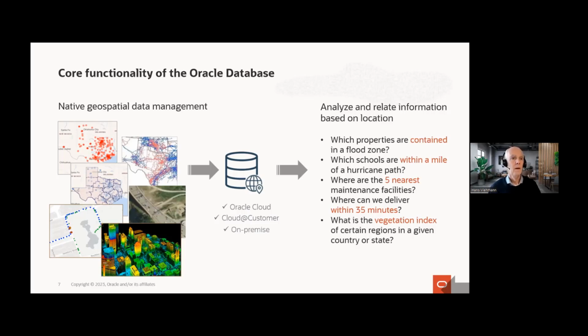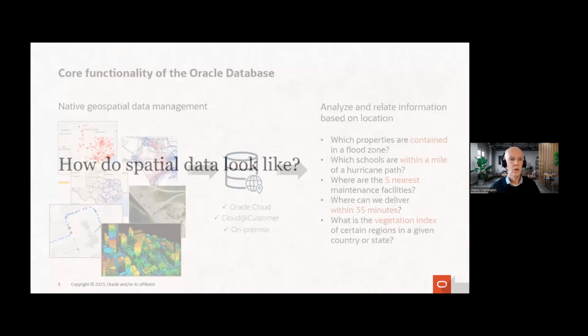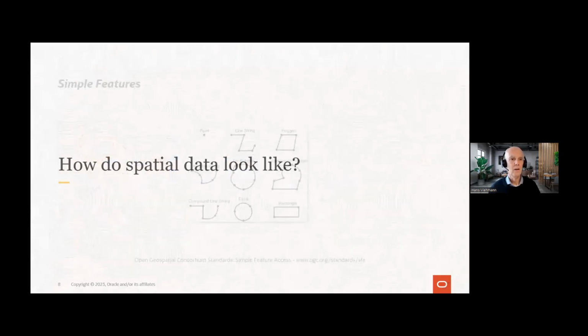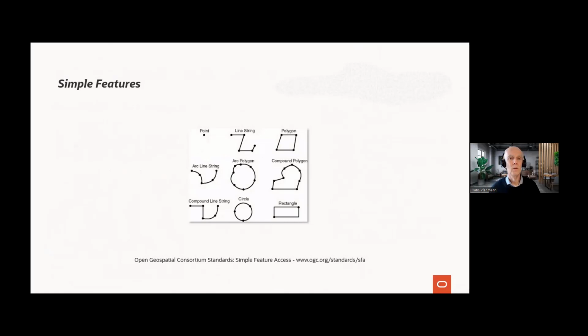Right, so that's what we can do with Oracle Spatial, but what does that kind of data look like? What kind of data do we typically have? Well, we'll be talking about what is known as simple features in the industry in today's session, right? That'll be points and lines and line strings and polygons and compound geometries made up of these elements. In the simplest case,